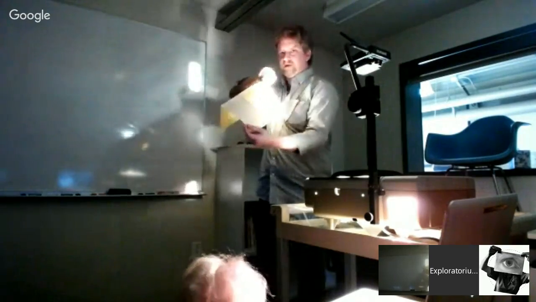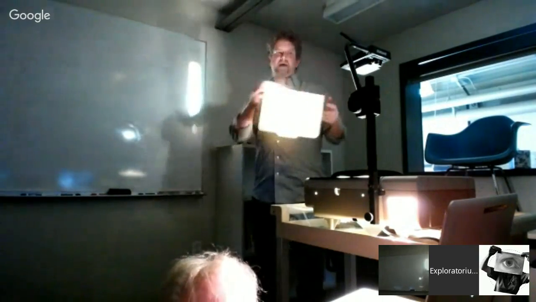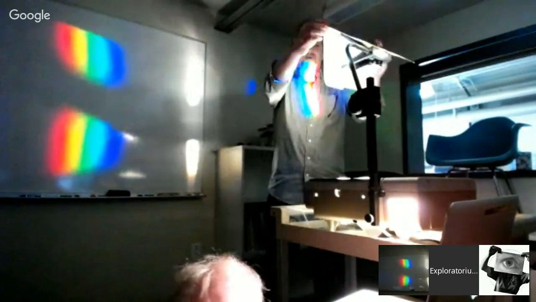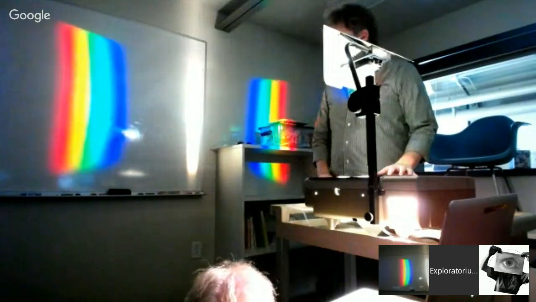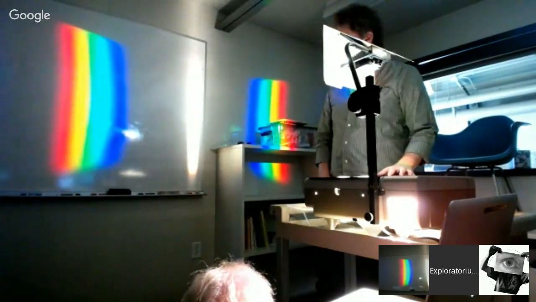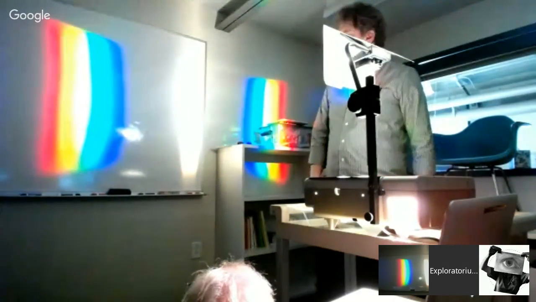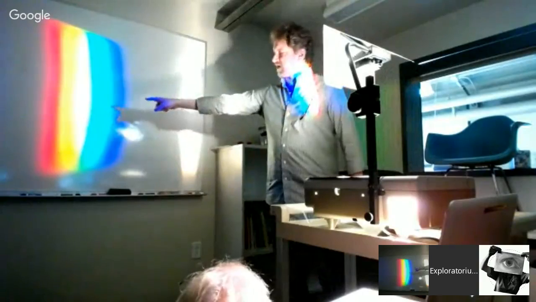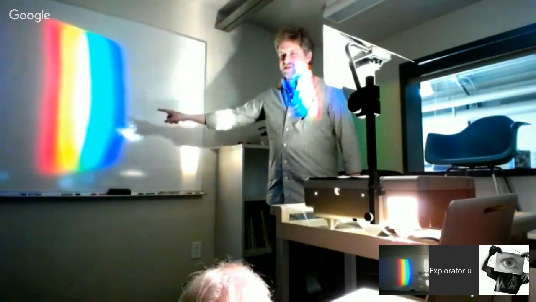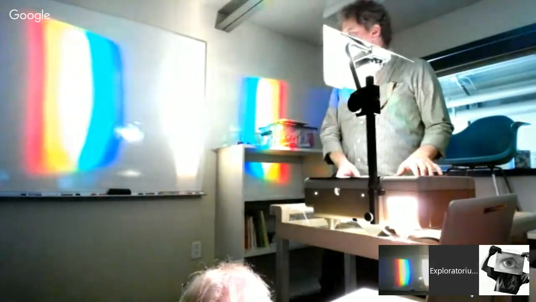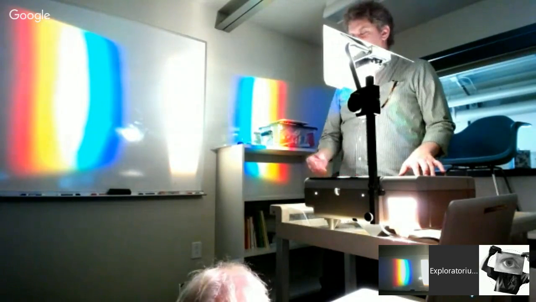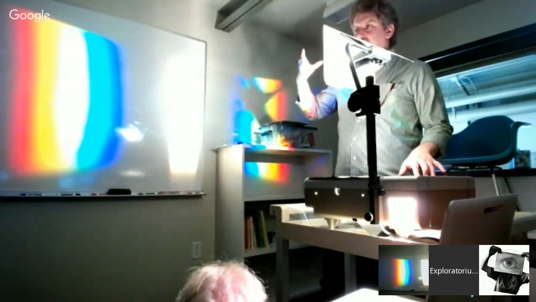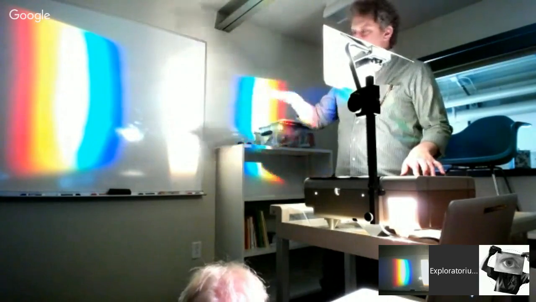We're using a relatively large piece of it, this card, to make a big spectrum for the whole room. We have this little slit going on top of the overhead projector, and if I change the size of the slit, you'll actually see the colors start to change. As I widen out the slit, we get more of the middle of the spectrum, so you see more yellow, and more cyan. But if I widen the slit too much, they begin to overlap each other, and you start seeing white in the middle from it. And that's because each bit of the spectrum gets spread out, and the whole spectrum starts to overlap in the middle.